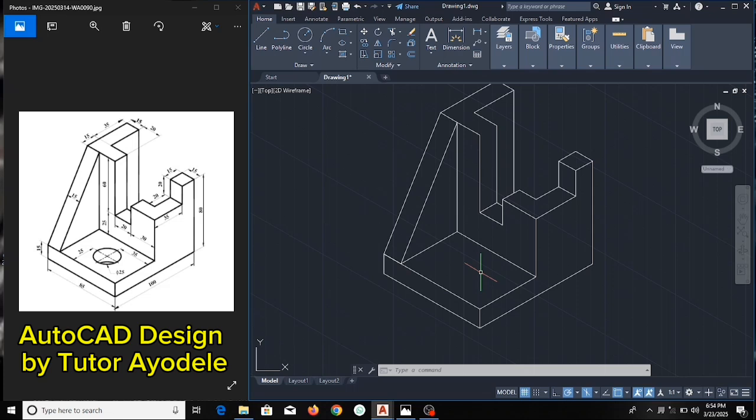So let's first get the dimension. You can see that the diameter of the circle is said to be 25. That means if the diameter is 25, the radius is going to be what? The radius is going to be 12.5. Okay, and you see that the distance from here to the center of the circle is 35, and the distance from here to the center of the circle is 25. So if we go this way,